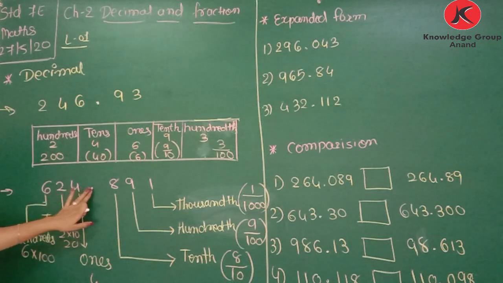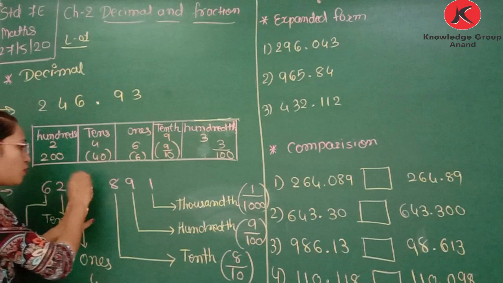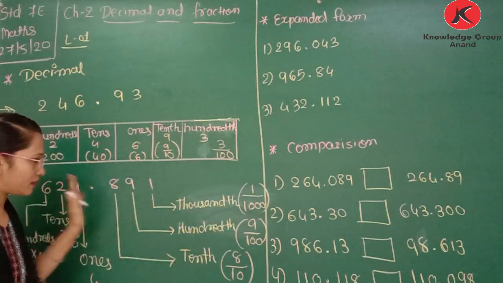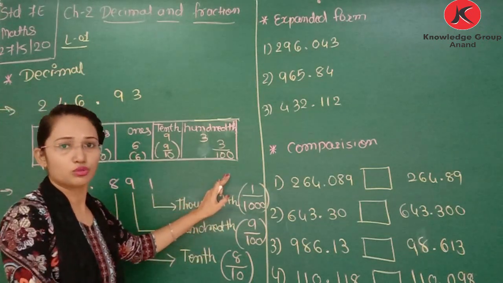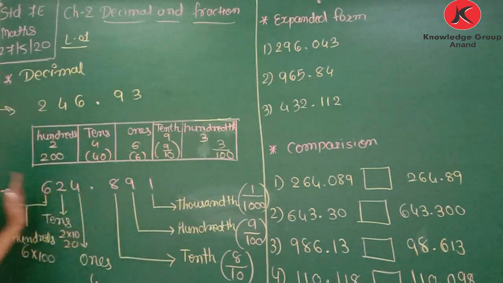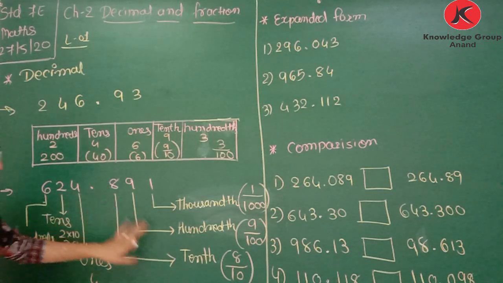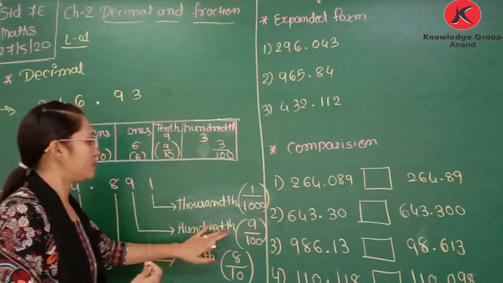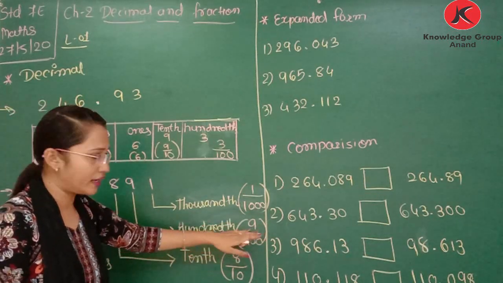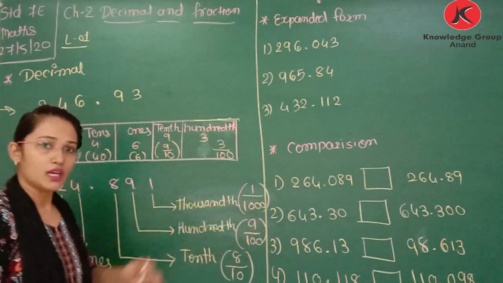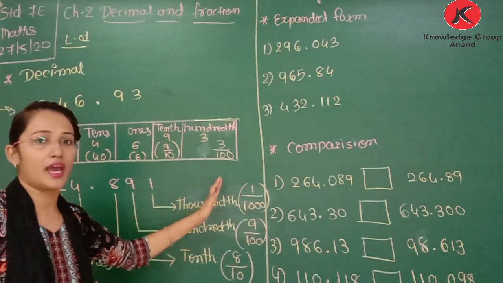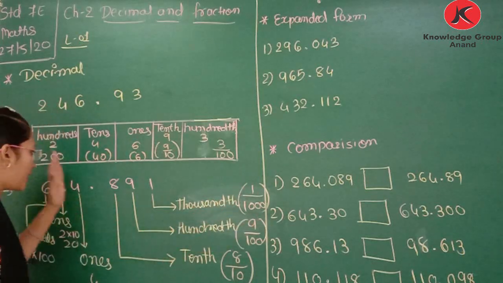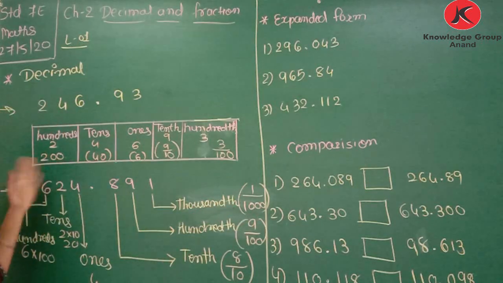Means, from the decimal point, if we are moving on right side, decimal point की right side जाइए तो divide by 10 करते जावानो, and decimal point की left side जाइए तो multiply by 10 करो. You can see here multiply with 1, then 10, then again 10, it is 100. Here divide by 10, then divide by 10, that is 10 and 10, 100. Then after 100, it is again divide by 10 to get next number, it is 1000. Clear? तो જેમ લેફ્ટ સાઇડ જાઇએ એમ 10 10 થી ડિવાઇડ કરવાનો.